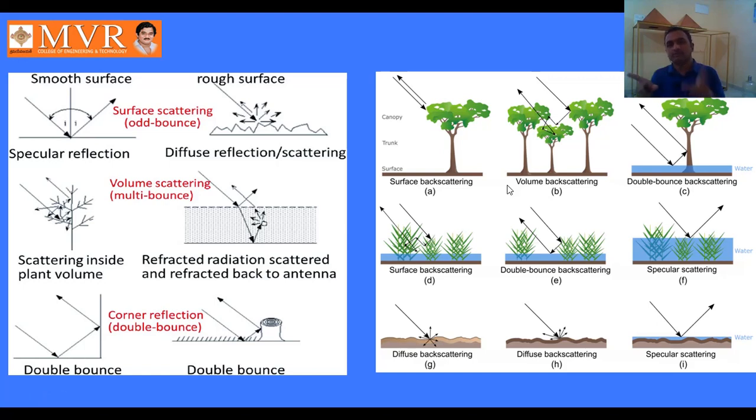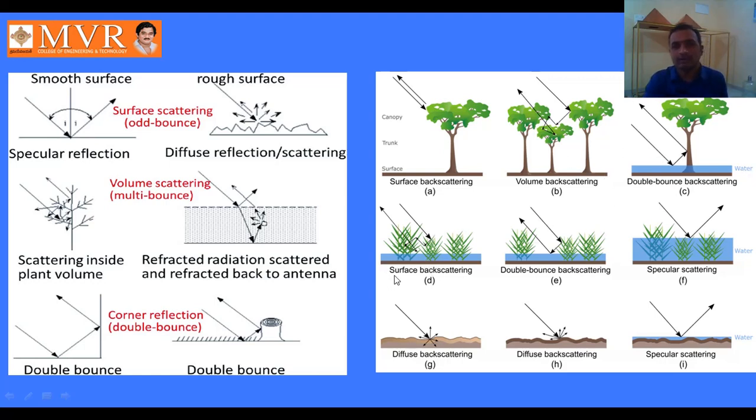See here, two kinds of remote sensing, one is passive remote sensing. In passive remote sensing we always discuss reflected radiation and emitted radiation, but here it is back scattering radiation. Here a single bounce takes place, then volume scattering, here single and double bounce also happen. This is volume back scattering. This is double bounce back scattering radiation: this blue color is water. The radiation is incident on the water, reflected to the tree trunk, and goes back to the sensor. So the radiation reaches the sensor. This is called double bounce scattering.